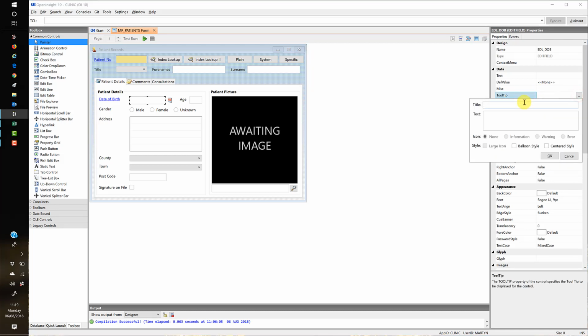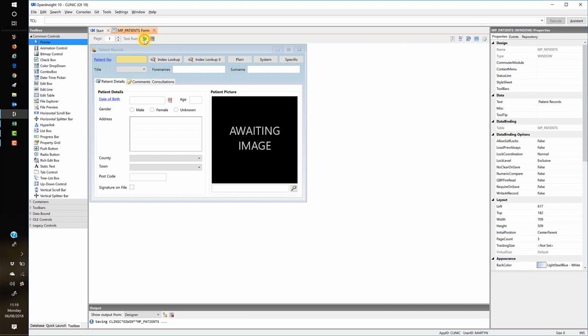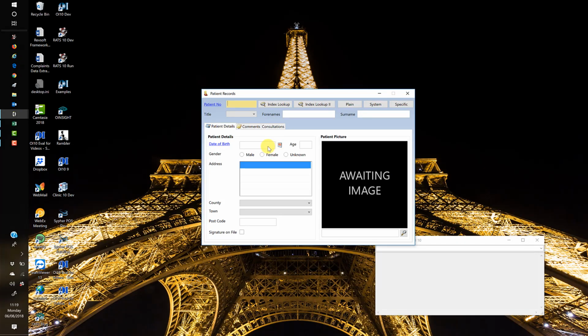So the tooltip we could open, and we could add in here data format, and this prompt requires the date in the format, so it's going to be month, date, year, and we could just have a large icon, information, okay that, and then when we run the form and our users come to the control,